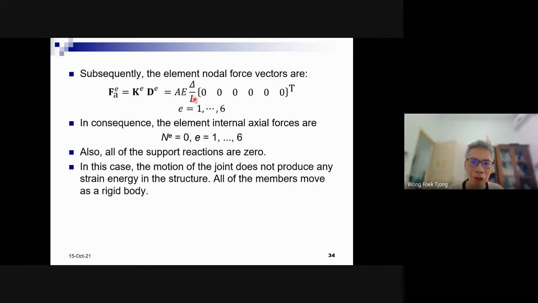And because of this, of course, the normal force is all zero. From this, we can calculate the normal force using the transformation matrix. You can see the theory again, how to go from here to here. We take a look at these three numbers, and then use the direction cosine information to get the normal force for each element. And for this problem, all are zero.